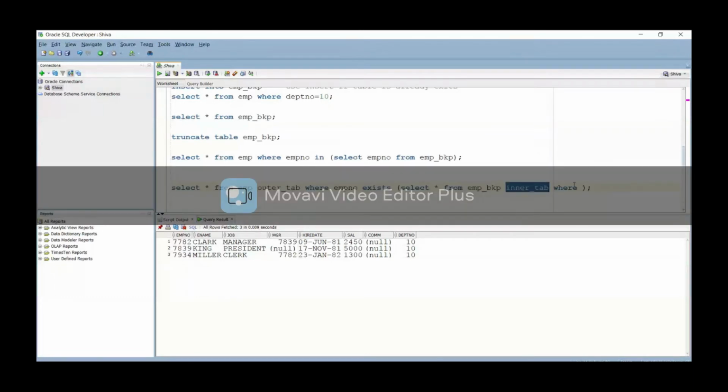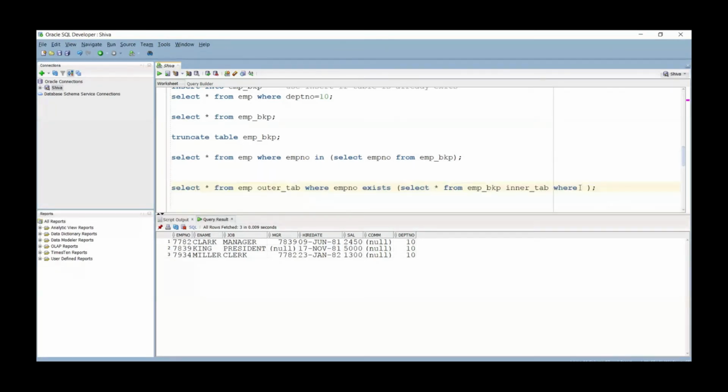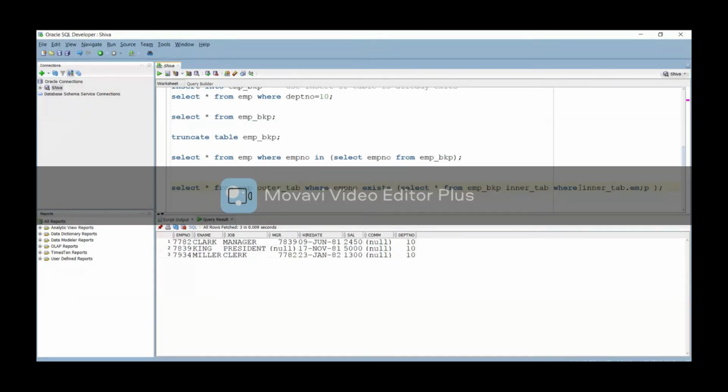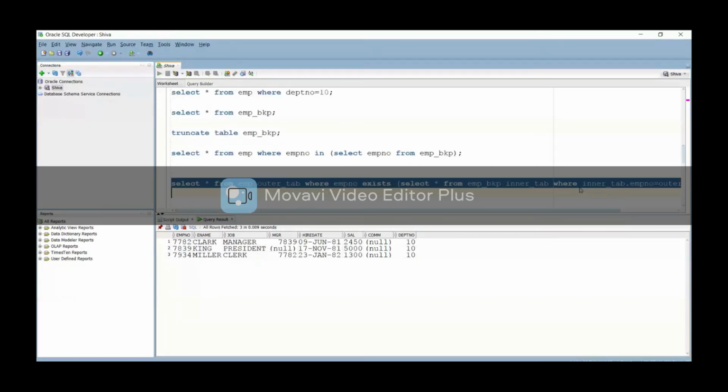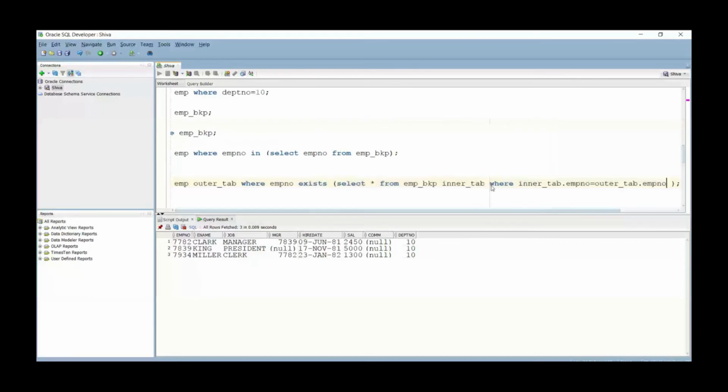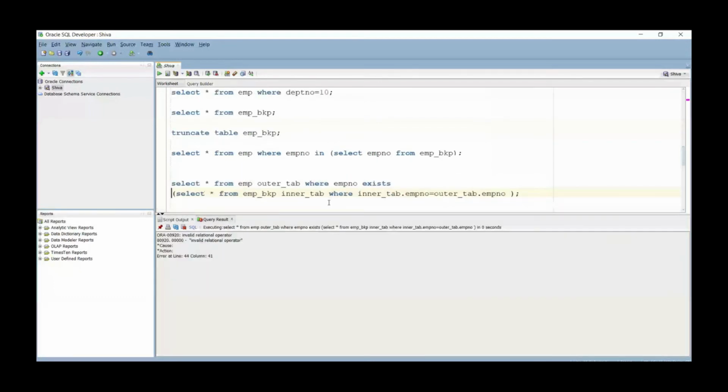I am going to put some join condition here, just giving some relation between outer EMPNO and outer dot table dot EMPNO. So we get an error here, invalid relational operator.